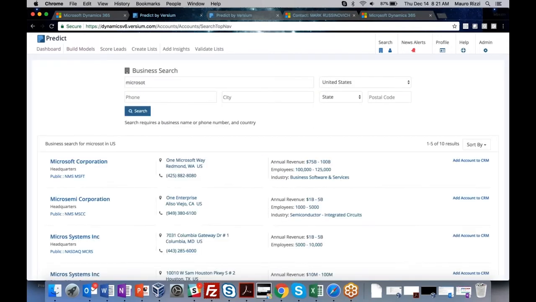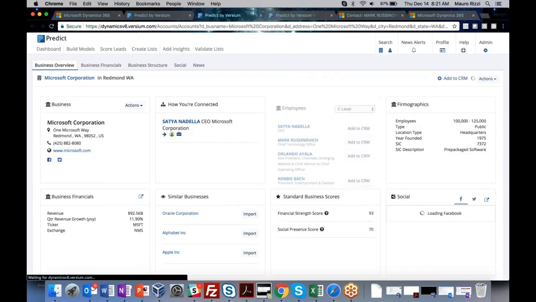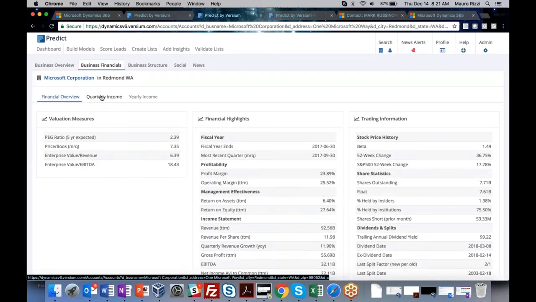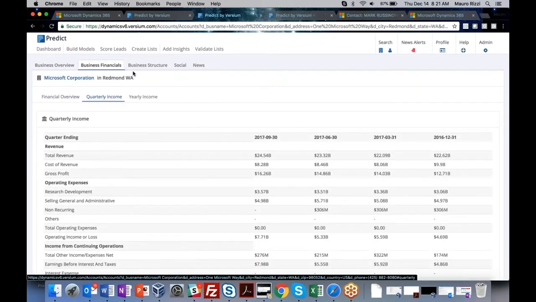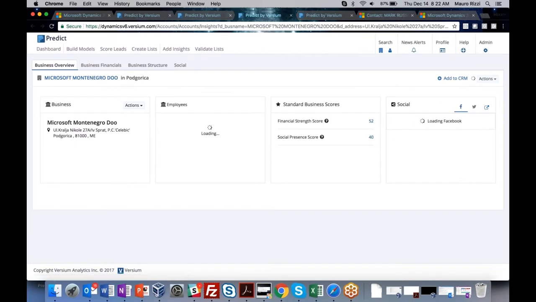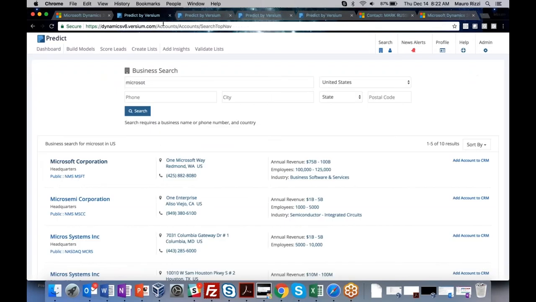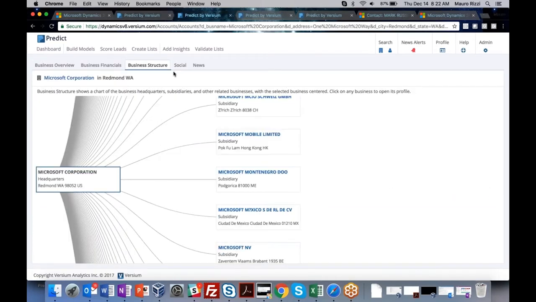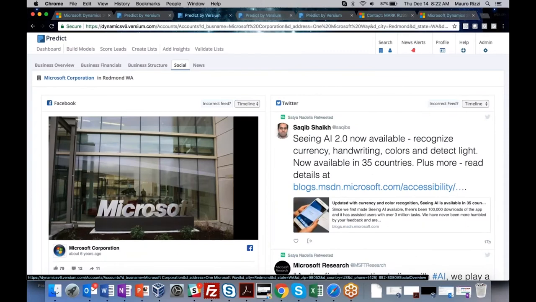Now, this functionality is also available for people, so I can go and type in the name of a business person. And again, I get a search result. I can go and discover more information about Satya Nadella. One of the nice features that Predict provides within the insights is also that you can drill in a little bit more on the information that you're seeing here. For example, for Satya Nadella, we provide the organizational chart, so a graphical representation of the org chart at Microsoft at the executive level. If I go back one page to where I was looking for Microsoft,